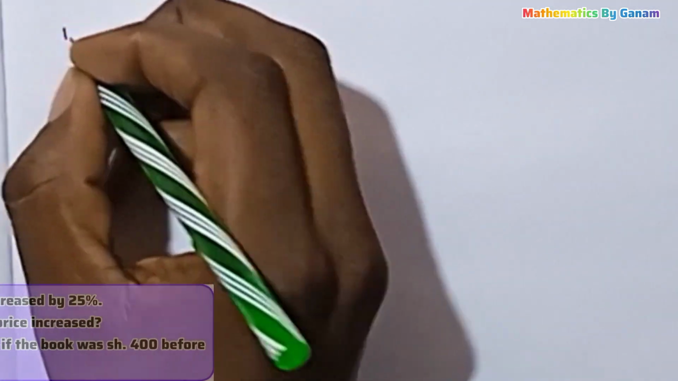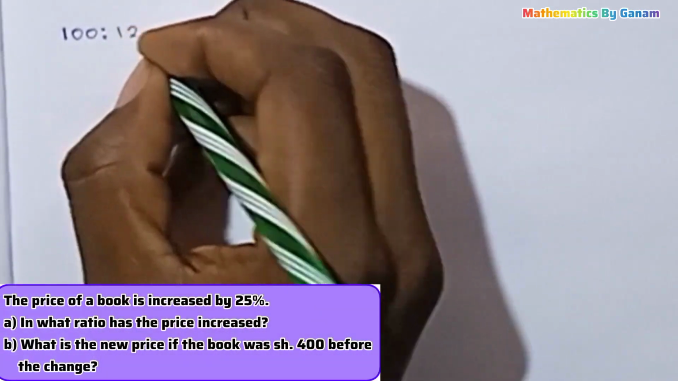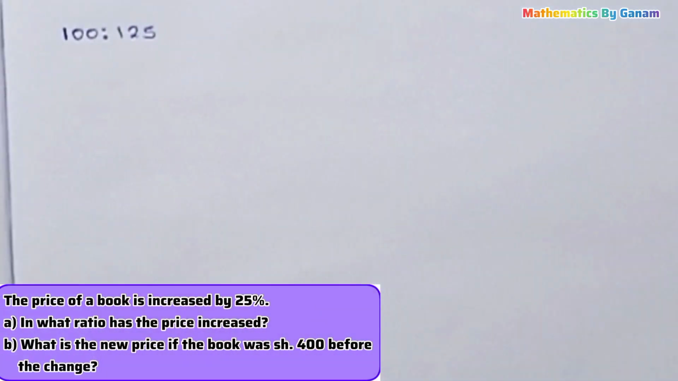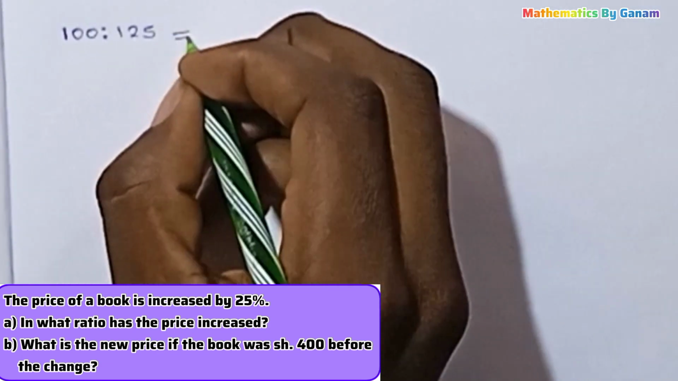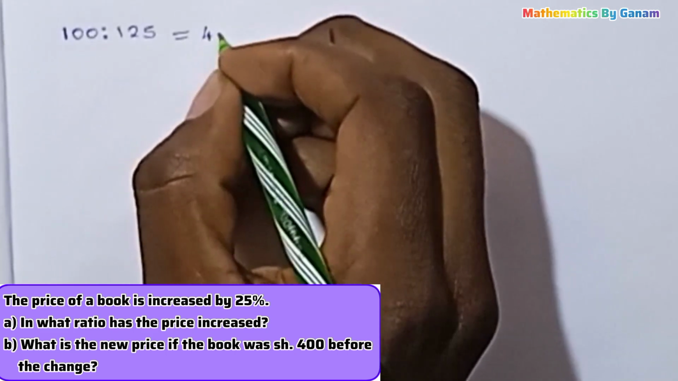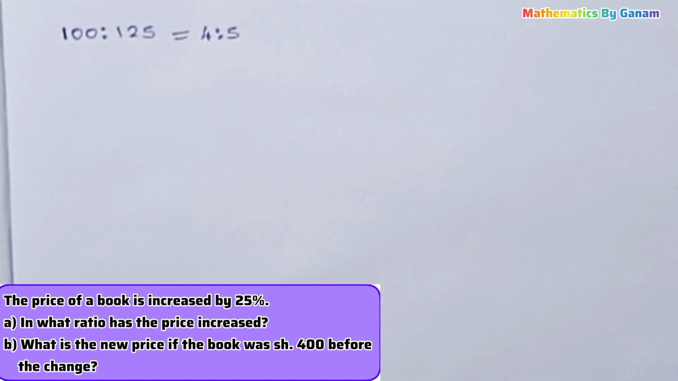So we're going to write it in the form of 100 is to 125. So this is the new ratio, but divided by a common factor we're going to narrow it down. This is equal to 4:5. So in question number B, it is asking what is the new price of the book